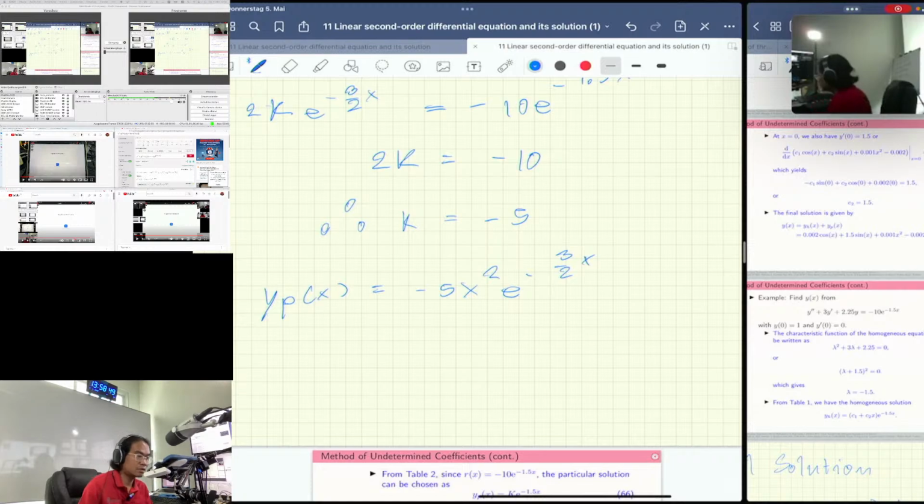Okay, yes of course. Yes, it's correct here. The homogeneous solution will be somehow like that. So in conclusion, I will fix the slide; the slide is wrong. So the general solution